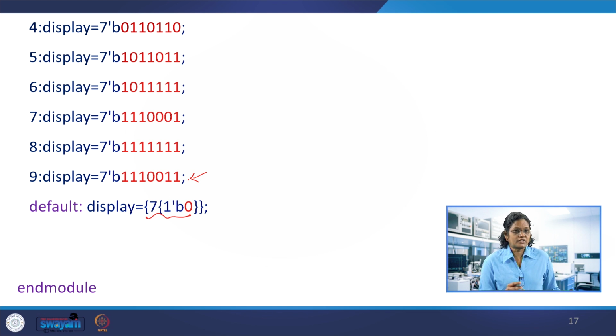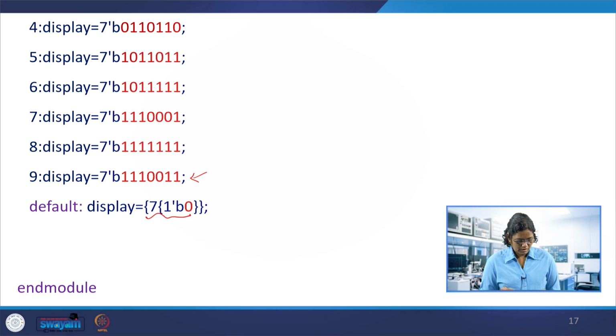You can even in hexadecimal display 10 as A, 11 as B, and so on up to F. Up to 15 we can display, even we can extend this list to other cases as well. If it is 10, then the number for 4 bit is A, 11 is B, 12 is C, and up to 15 it is F. So that could also be added, and then the default case: if none of them match, default case is display equal to 0, in the sense none of them will be displayed.